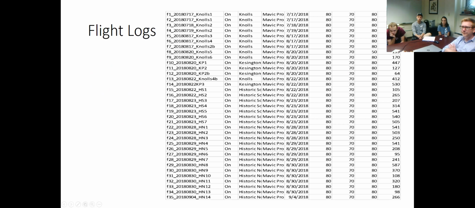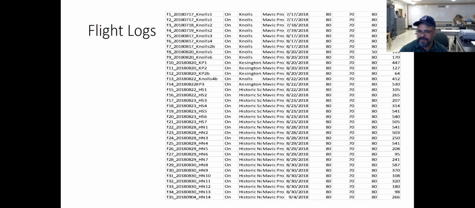What's the last column? Last column is the images for each flight. Okay, cool. So the table that should go in your appendix. Yeah, I've got this. I've got a nice big long section with all the other data.